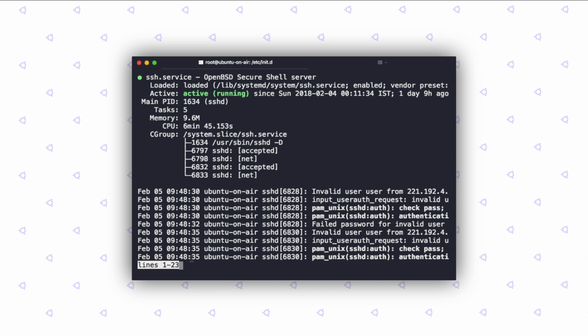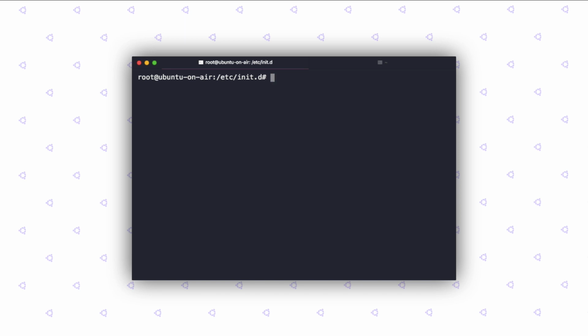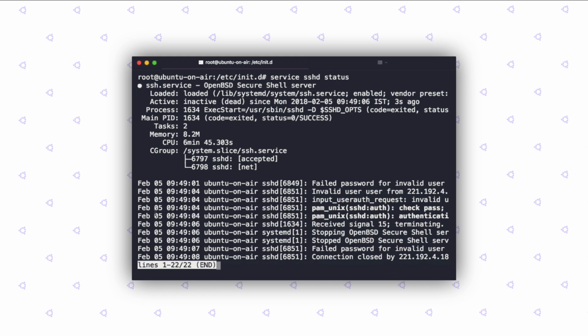Awesome. So if I go ahead and quit now, and let's clear it out. And now if I decide to stop the service, we're going to use the same sequence of command and just apply a stop at the end. And now if I check the service status, you can see it says it's inactive.